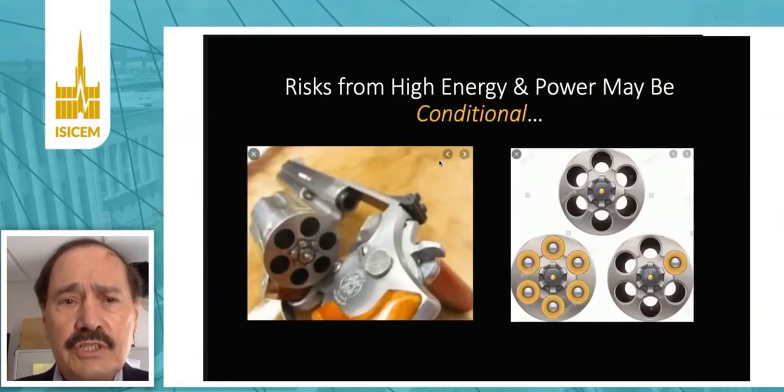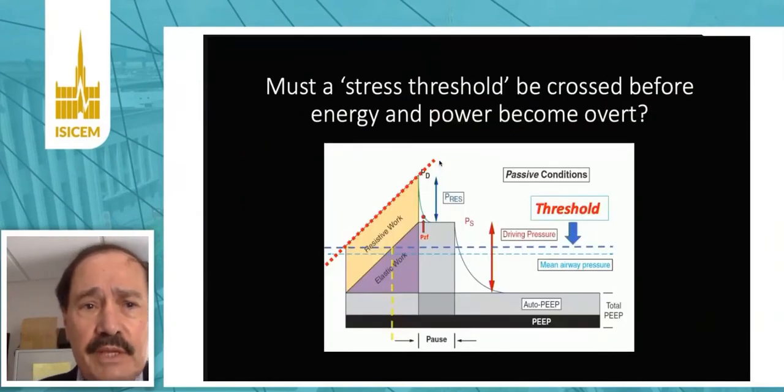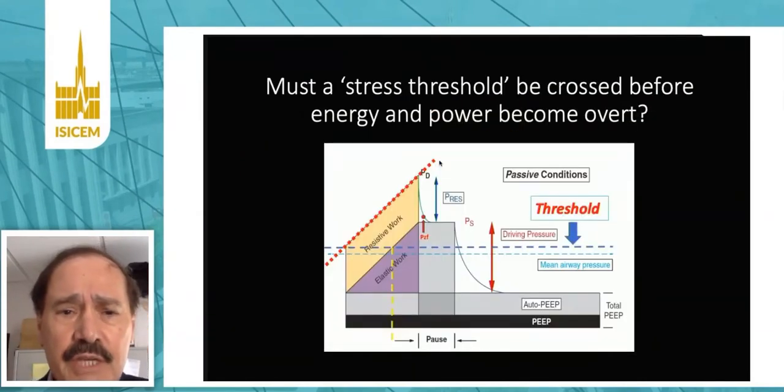Something that I want you to consider also is that the risk from high energy input or power, however you numerically measure them, may be totally conditional. Just as this gun cannot cause damage unless you load the cylinder, there will be no damage resulting from any numerical value of energy and power. Here's what I mean. If you take the elastic work and the resistive work, this is the energy put into the system,